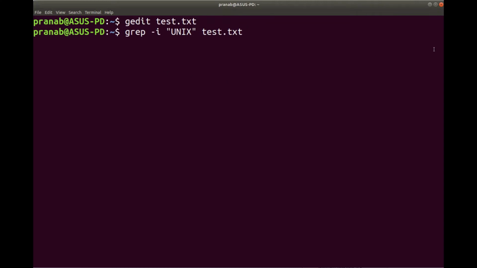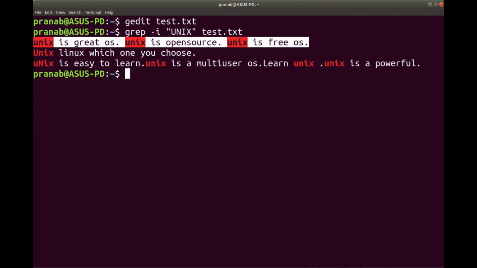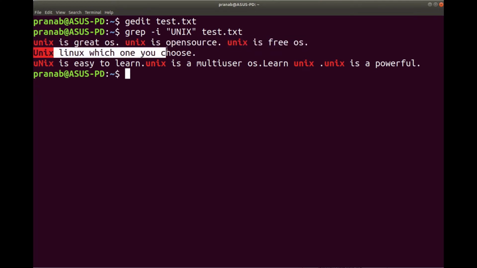That means whether you have capital U or capital N, the result will still be displayed. The grep command will display Unix whether it is in uppercase or lowercase, or whether letters in between are in uppercase or lowercase. Irrespective of that, it will display the result in the form of lines, the lines which contain the pattern. In this case, the pattern is Unix.